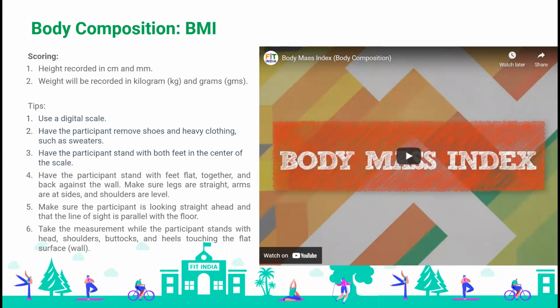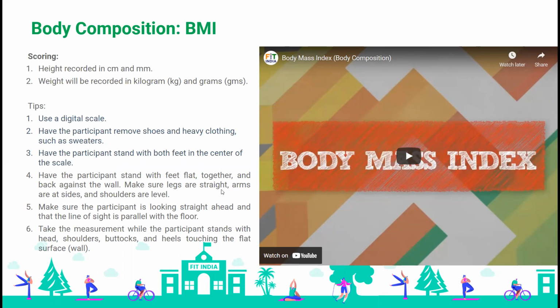take a digital scale for calculating the weight, and you can use either a stadiometer for checking the height, or you can use a tape and paste it against the wall. Both are possible. The only thing is that the zero position of the tape should be at the top of the weighing machine if you are measuring both together. If you're measuring them separately, then you can paste it on the floor. Also remove all heavy clothing, sweaters or shoes. Shoes, of course, because they will impact the height.